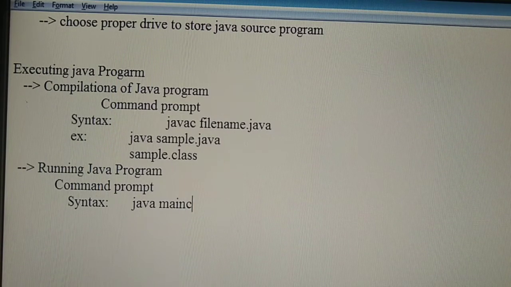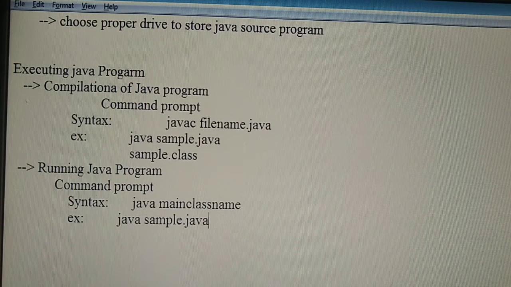Space, you have to give the main class name. So in our example, which is our main class name? Sample. Java space sample.